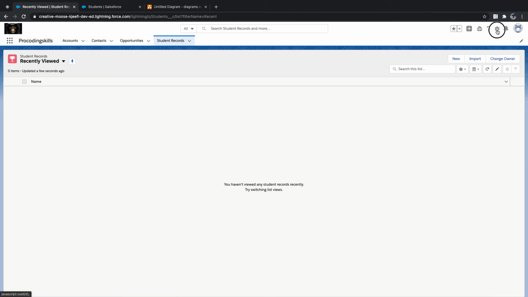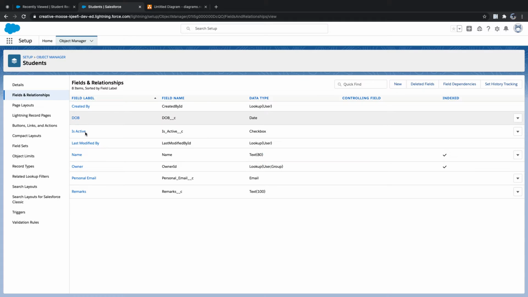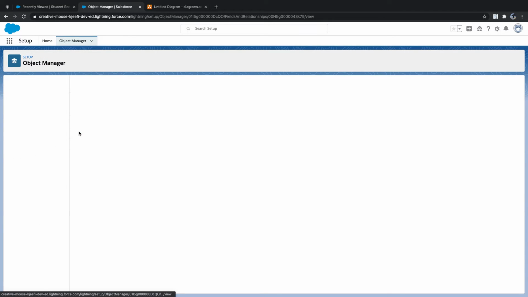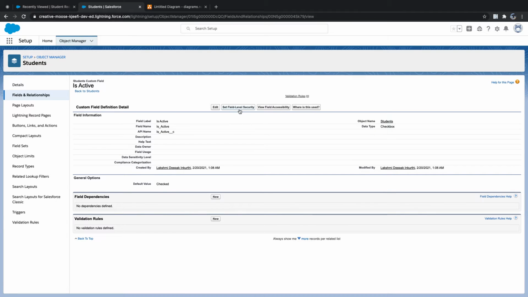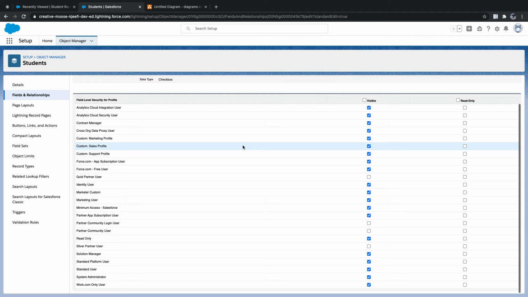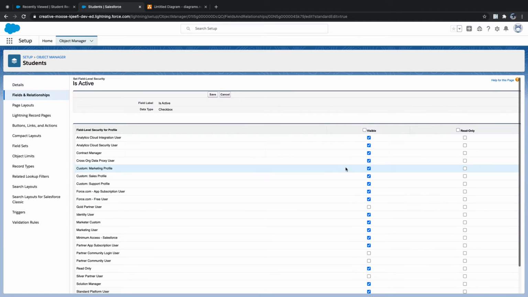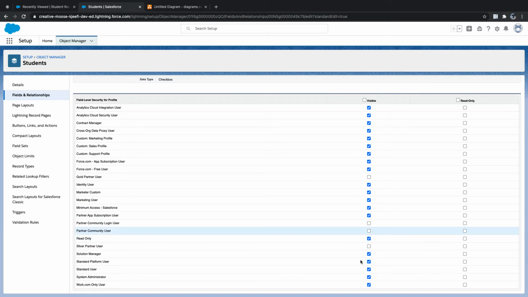Let me log in as a marketer. Otherwise, there is a possibility. Sometimes it will not show up. Let me go and show you something. Is active, right? Ideally, it should not show, but I don't know, because of new updates, whether field level security is updated automatically. Custom marketer profile. Okay, all admin profiles are automatically tagged. Sometimes what happens, you don't have a field level security. Imagine that you don't have field level security enabled.